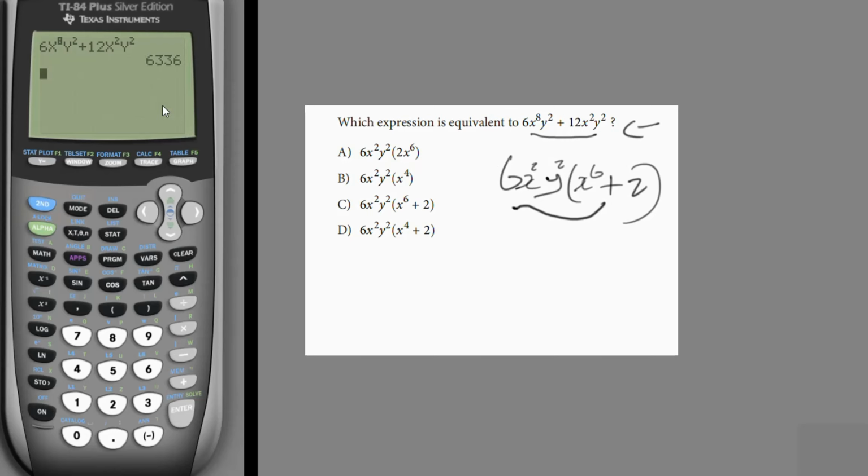We have 6336. So right now we're going to simplify option C with the same stored values for x and y, and see if we're going to have 6336. And if we get it, that would be proof that this solution is indeed correct. So remember I have 6336 here. So let's check option C. So we have 6, x squared,